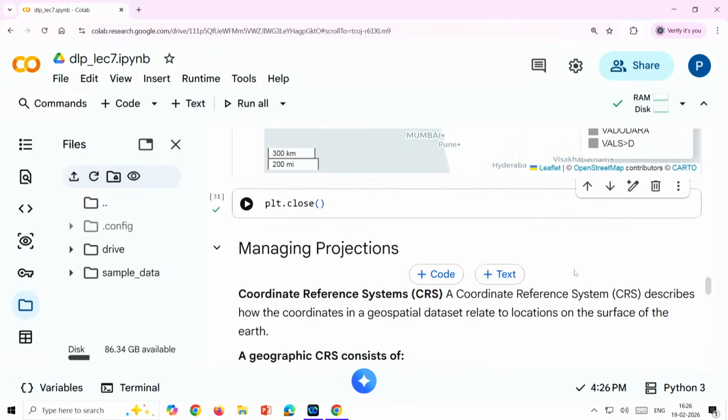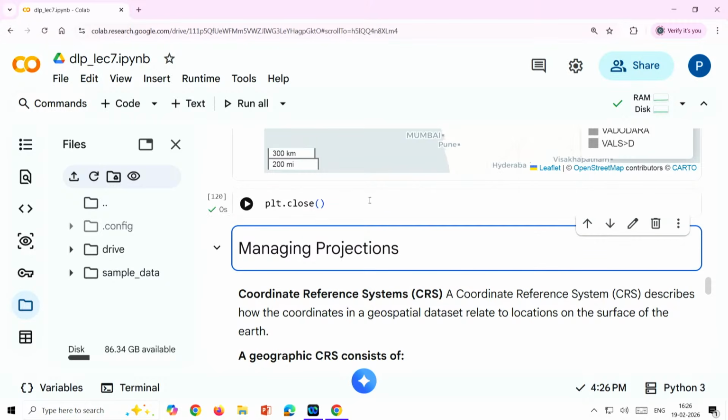Right. So now let us see how we manage projection using GeoPandas. Sometimes you might get data from different sources, and all these data may be in different projections, right? As we said, before doing any analysis or visualization, first we need to bring them together to the same projection system so that we can compare or align them location by location. If they are in the same projection system, then we can draw them on the map,